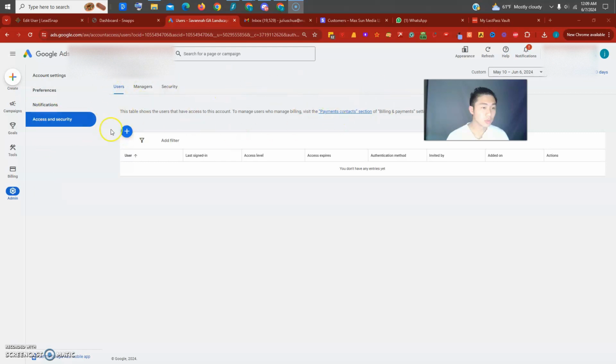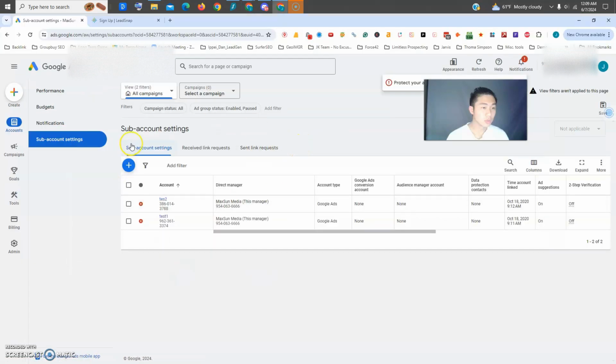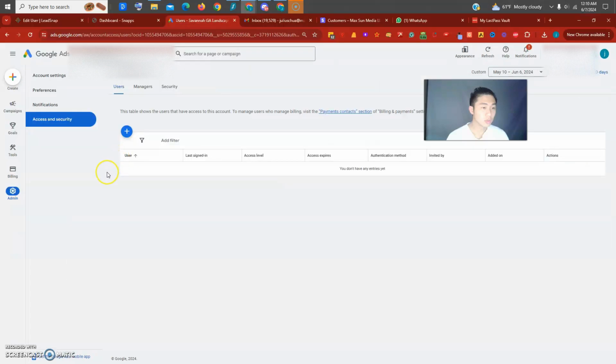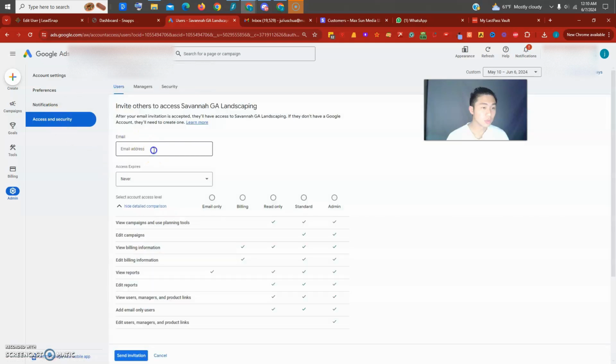Okay. So something similar like this, or maybe you even have the personal account, which looks something like this. And what you're basically going to do is go to the sidebar here. If you're in your MCC account, sidebar here, and go to security, and all you have to do is press add, and you would type in the email of